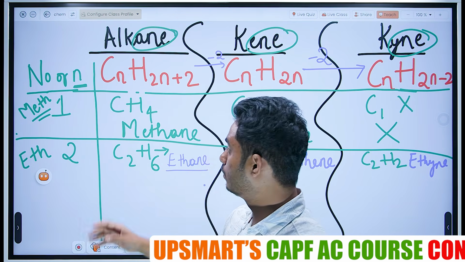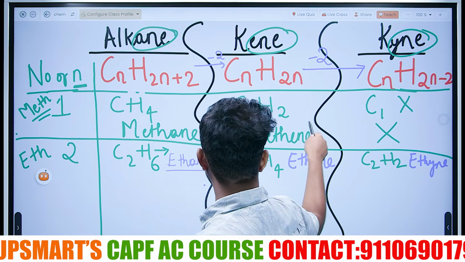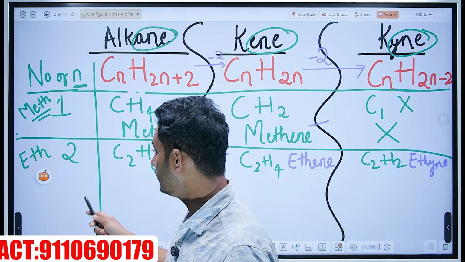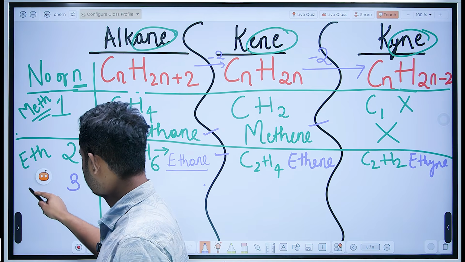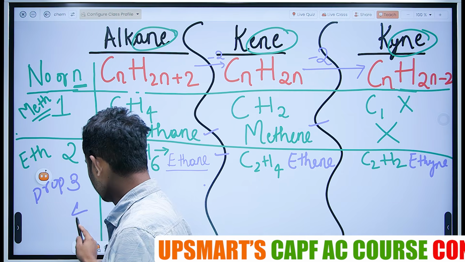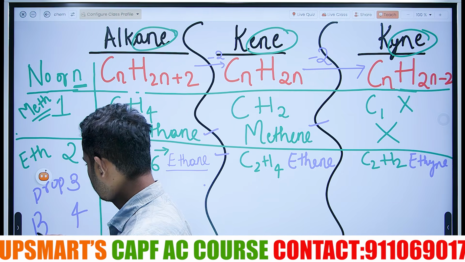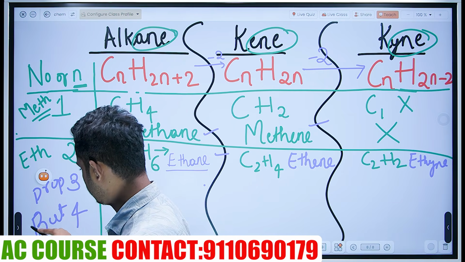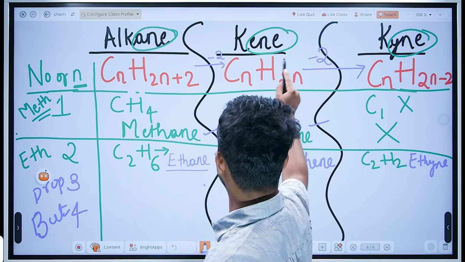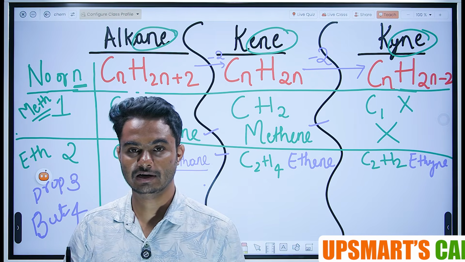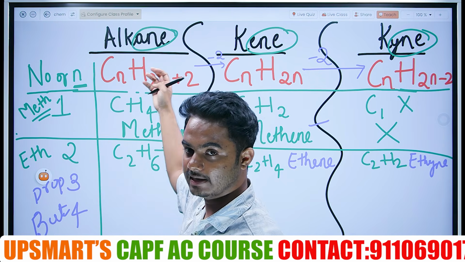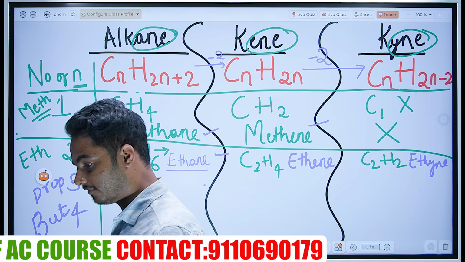Now we understood. We would have heard these words, right? Methane, ethane, ethene, ethine. Confusing? Similarly, when it is 3, it is called prop. The keyword is prop. When the number is 4, the keyword is but, butane. Now you can get a hold of this, right? Understood why it is named like this, why it is called alkane, alkene, alkyne, and again to clarify why